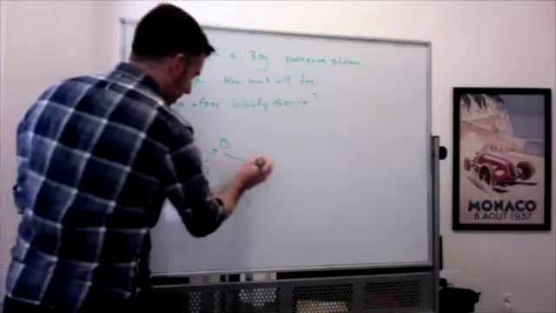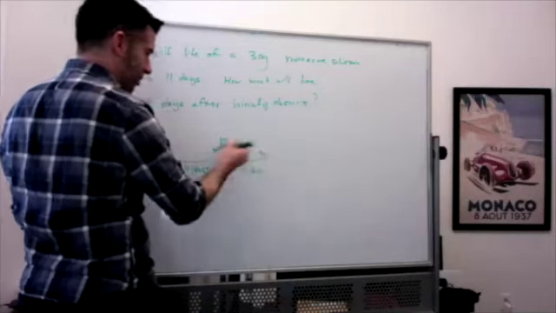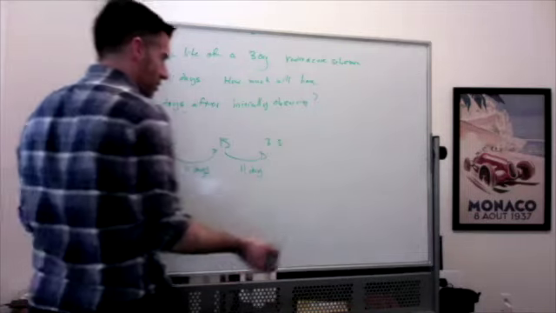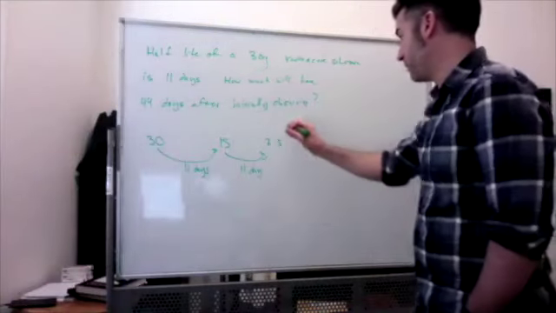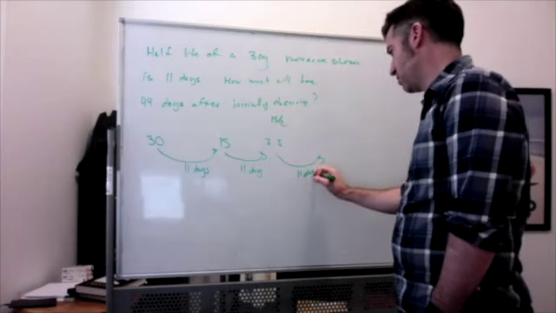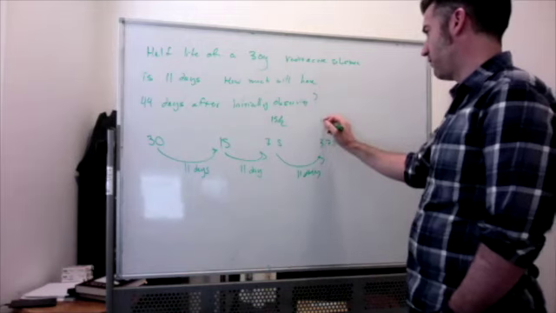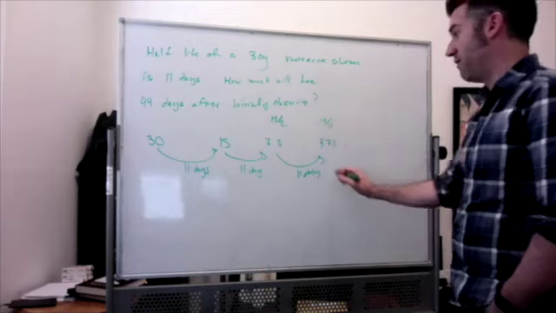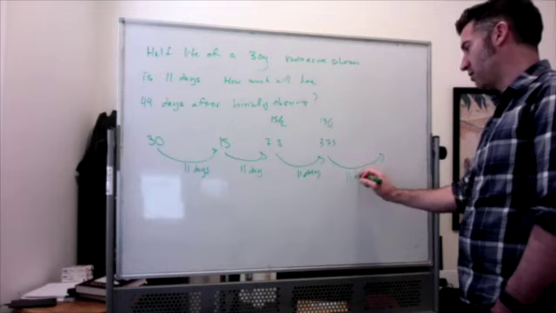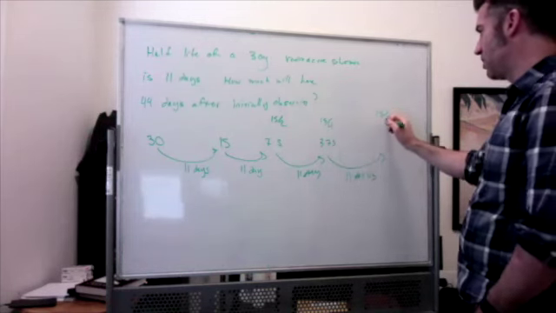And then 11 days later, half of that, which is 7.5 grams, or if you prefer the fraction, 15 over 2. And then 11 days later, half of that, which is either 3.75 grams or 15 fourths. And then finally, another 11 days later, half of that, which is 15 eighths, whereas the decimal is